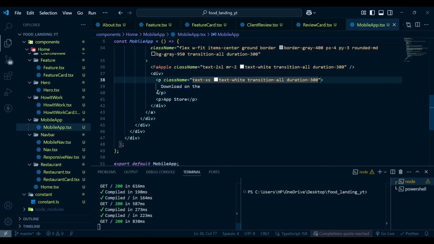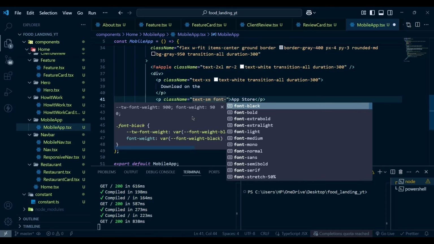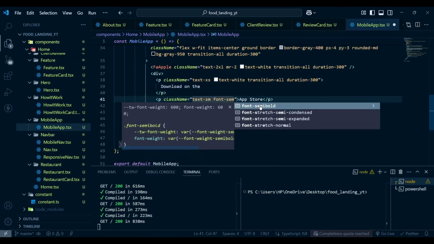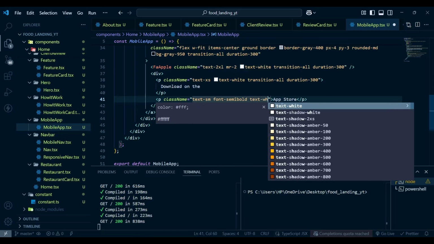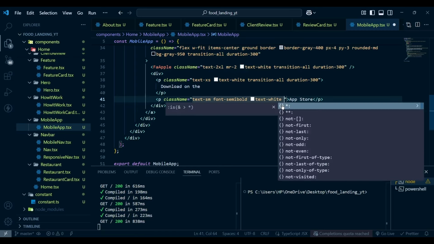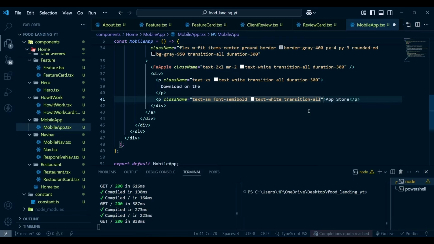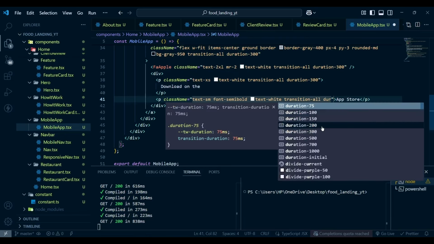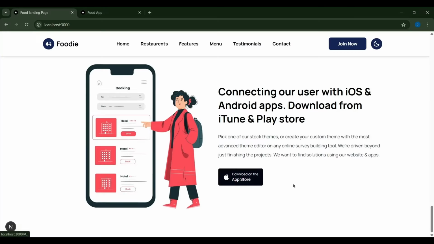That's it. Then for the second p tag we have some class name of text small, font will be semibold, then we have text white, and transition all, and duration will be 300 milliseconds. Now if I hit save and go to our project, so here you can see we have our App Store